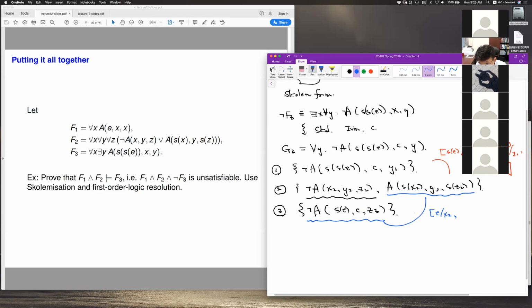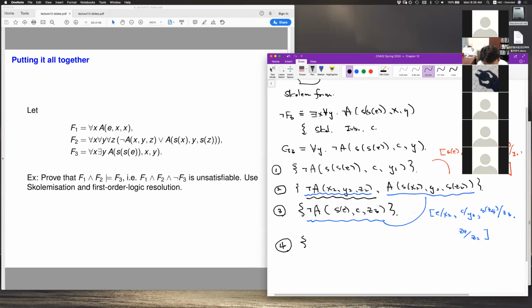Then the y2 will be replaced by c. And g3 will be replaced by s of z2. But just like before, we want to use some fresh variables every time. So instead of g2, we're gonna use a new fresh variable z4, and z2 will be replaced by z4. Okay, so if we do this, then only this term will survive, and the remaining one that we get